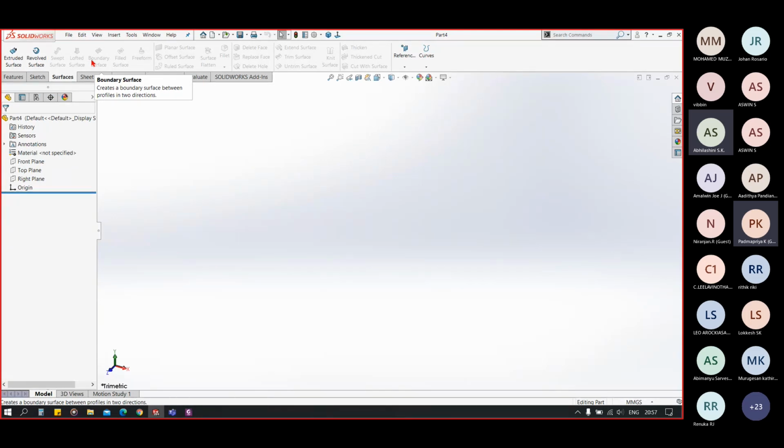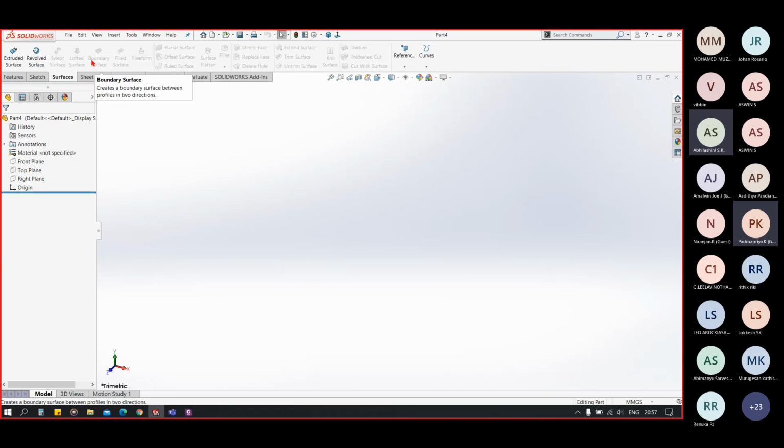In addition to 3D, we have fixed surface here. We have free form here, plane surface, offset, ruled, and these are some other functions which are not present in the 3D. So basically surface has zero thickness and we have to give thickness to it after our design is finished.